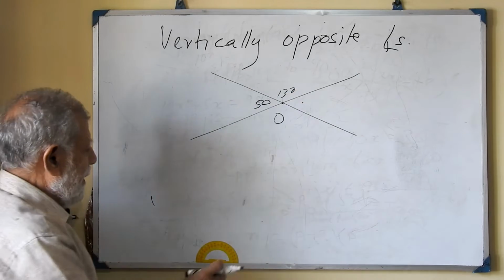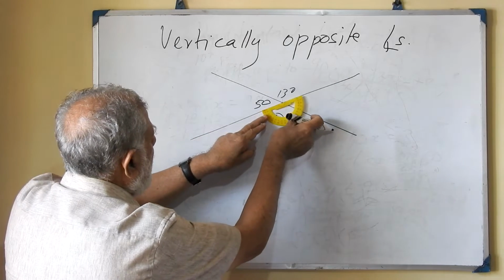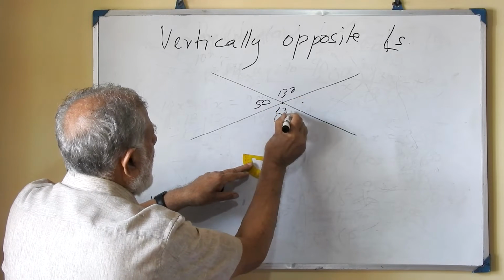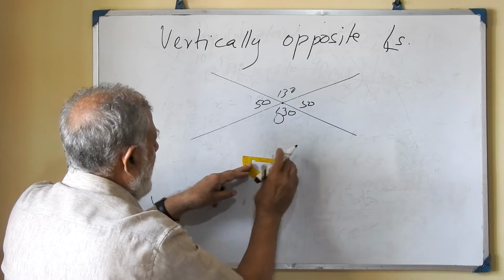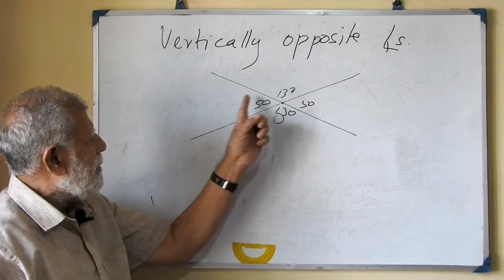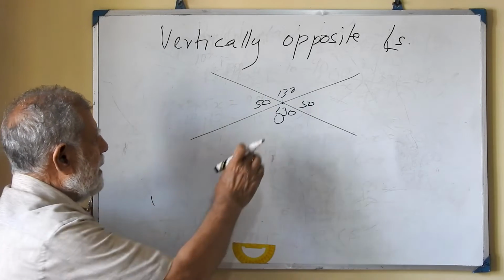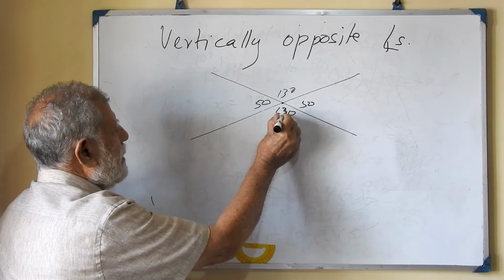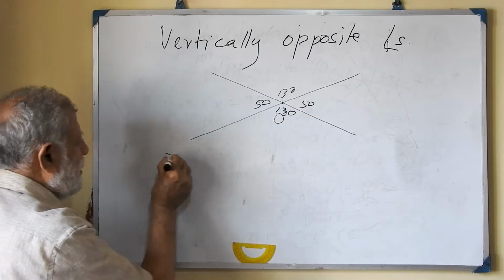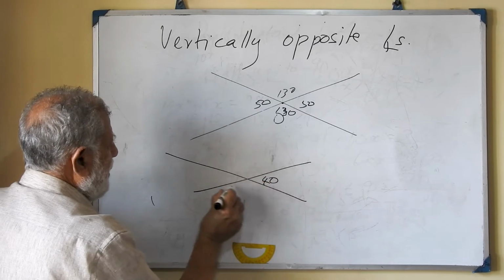Now in the same way, if we measure this angle, it will come to 130 degrees. And if this is 130, this should be 50. Now in this particular case, we will see that these two angles are equal. These are called vertically opposite angles. This one and this one. Now if this is 130, this is also 130. If this is 50, this is also 50. When any two straight lines intersect, if this is 40, immediately we can say this is